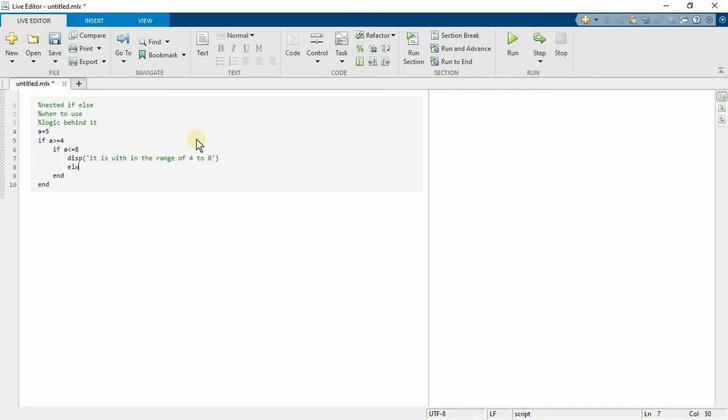Now apply the else statement. Again, if it is not less than 8, that means it's over 8, so print over 8. Now terminate this if and apply else, and again if. What will be the condition of less than 8? If it is greater than 4, it will execute this. So that means if a is greater than or equal to 2, display